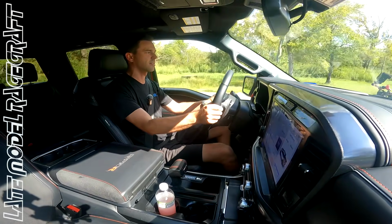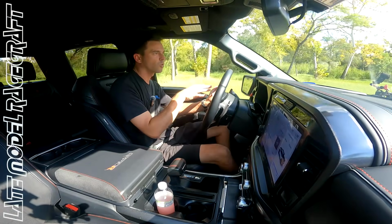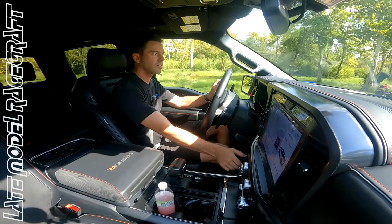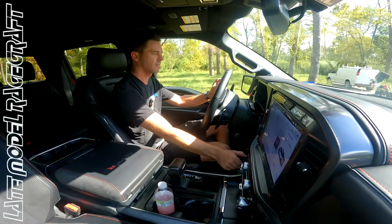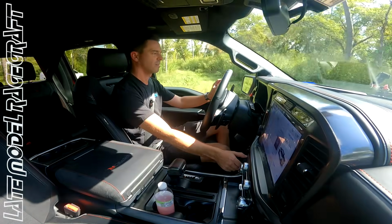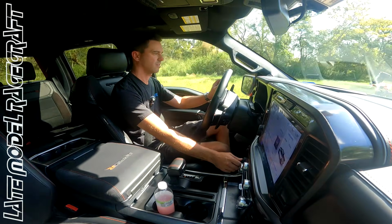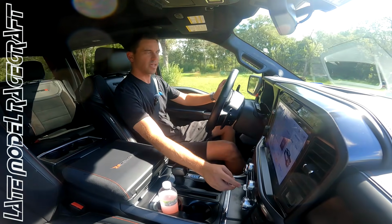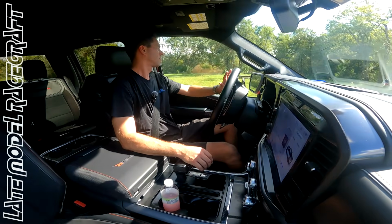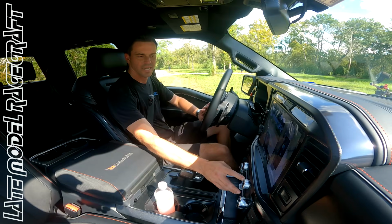That is so sick. Very smooth. So that, again, is four-wheel auto, just for the hell of it. I'll show you guys, if you put it in just normal driving, it puts it back in two-wheel. And then if I turn